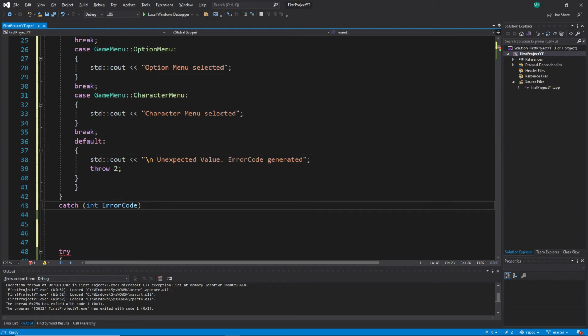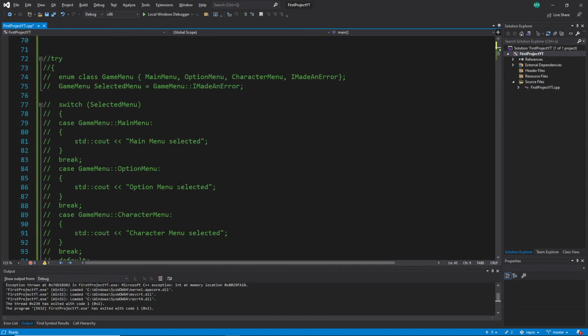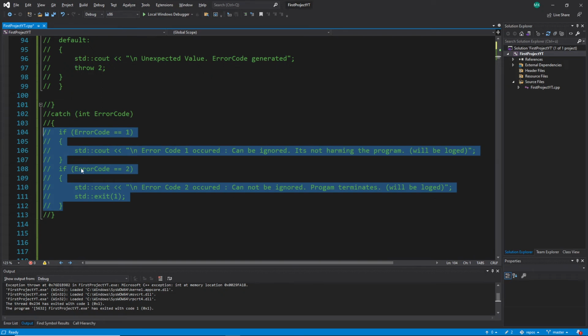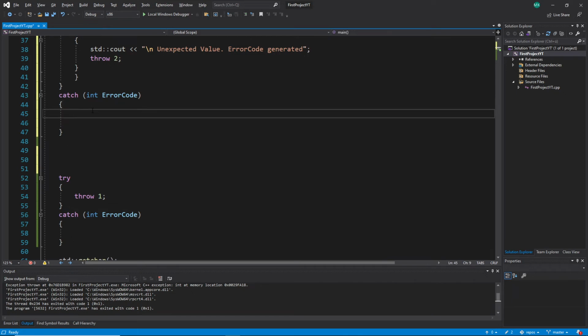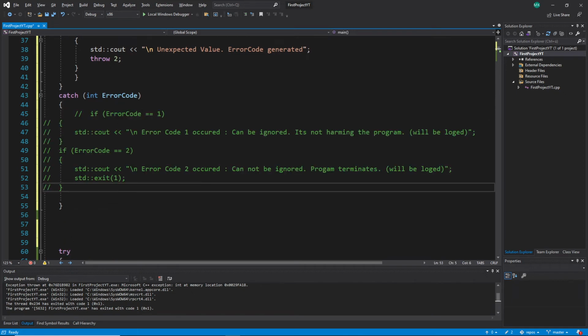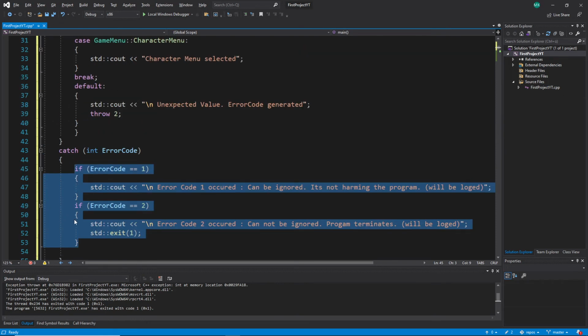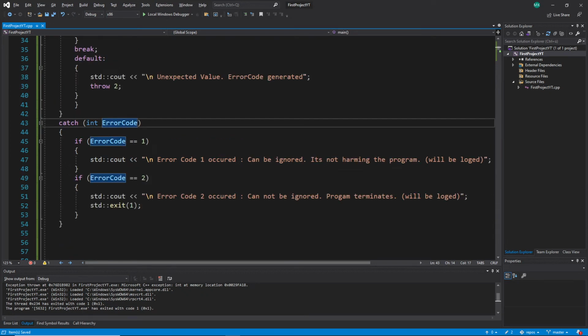So, right now I only explained what I want to do, but how I'm doing this, and actually there is also a very easy way. What I did here is we make just these if checks, and then we define it. Let's do this here too. So I take this int error code, and then let me uncomment this one fast, uncomment and Ctrl+K F for format, so that we can see it a little bit more stylish. And then I said, okay, I take this error code, this throw will be here, and if it's, let's say,